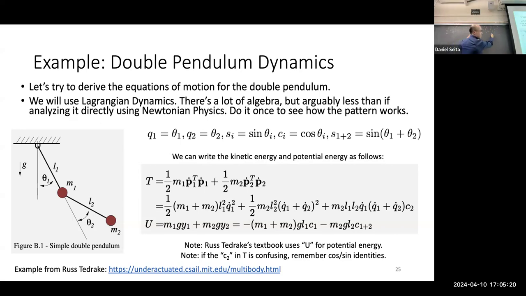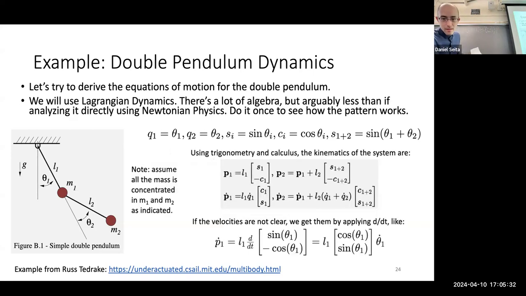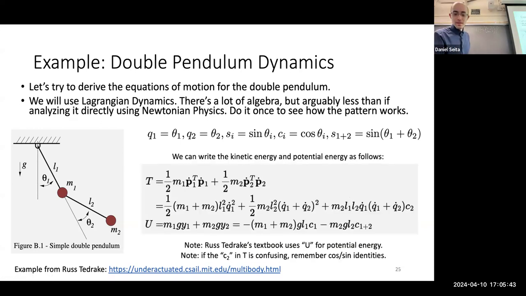And then you have the same thing here. I ran out of room already. So this thing. P1 dot plus L2 Q1 dot plus Q2 dot. And then when I go from here to here, have to